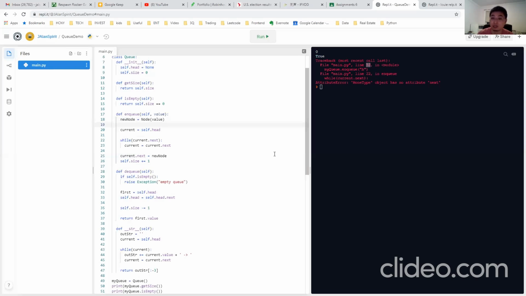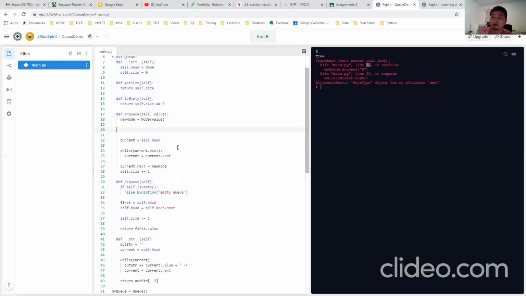Okay, what's the edge case? The edge case is if the queue is empty right now, I don't need this logic, right? What I need, as you just said, is to set my head to the new value. So I have to put my logic like that.